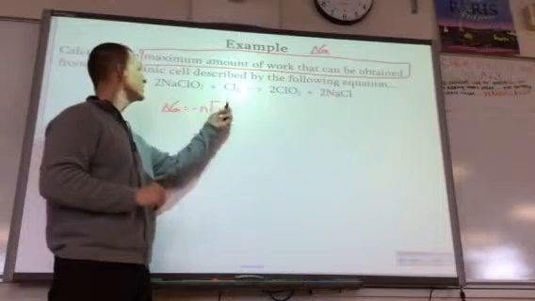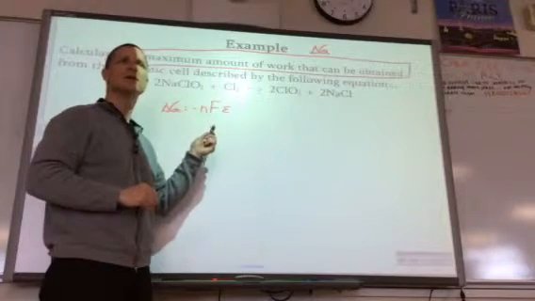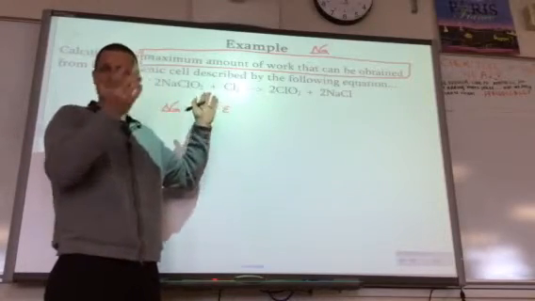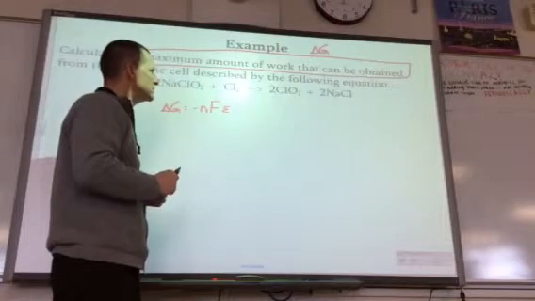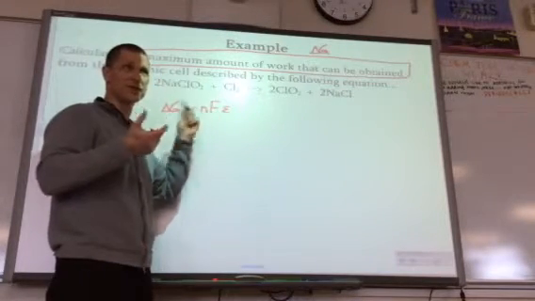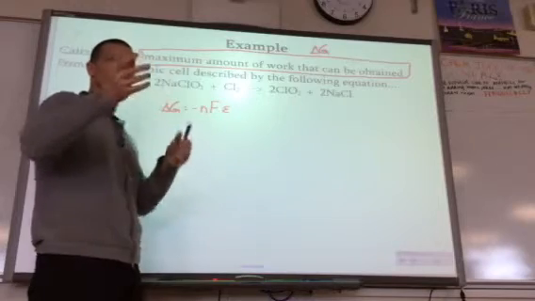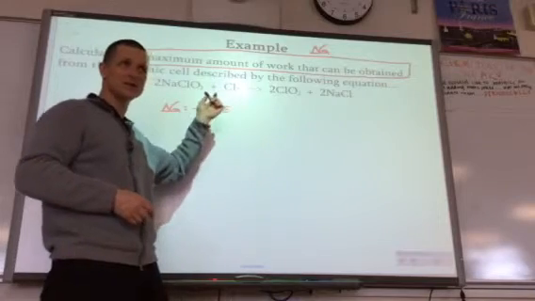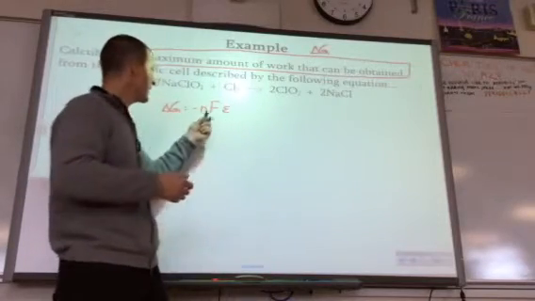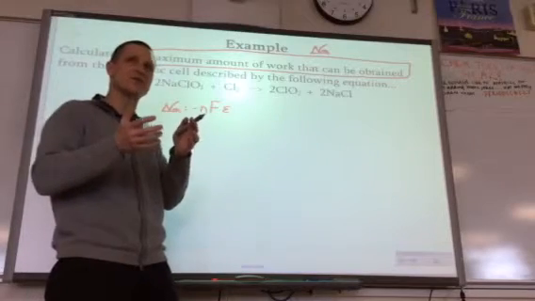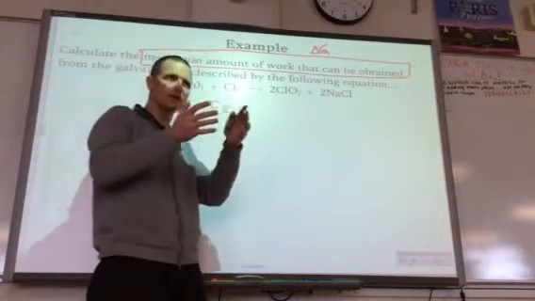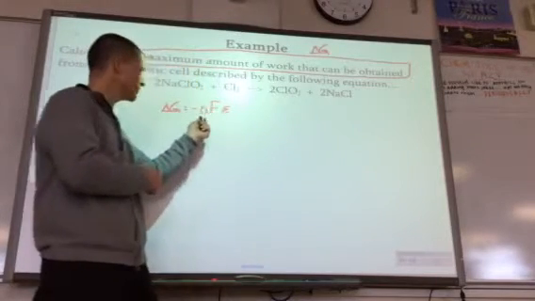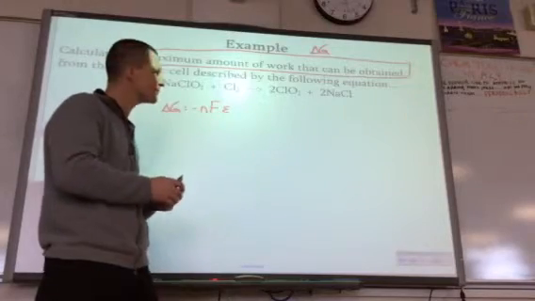Do you know any of the terms in this expression? Well, you know one of them, F. F is a constant. Okay, so we can plug F in, 96,500. N and epsilon, though, we're going to have to work for those. For the cell potential, you're going to have to take that table that you have and determine what's oxidized and what's reduced, figure out the cell potential, and then the N is how many electrons are transferred from the oxidation to the reduction. How many electrons were transferred? That's what the N tells you, the number of electrons that were transferred.